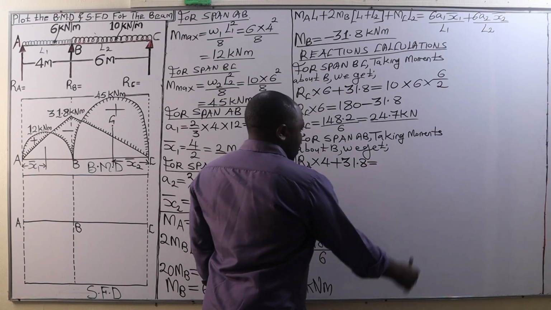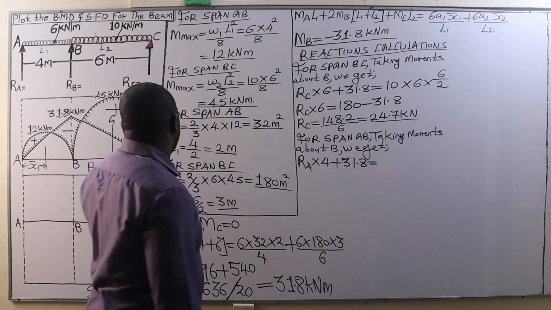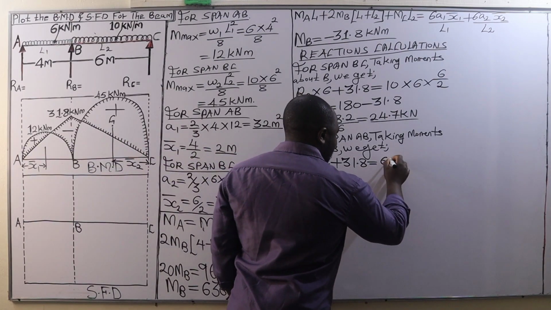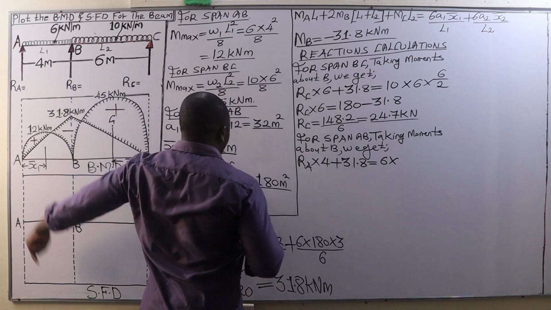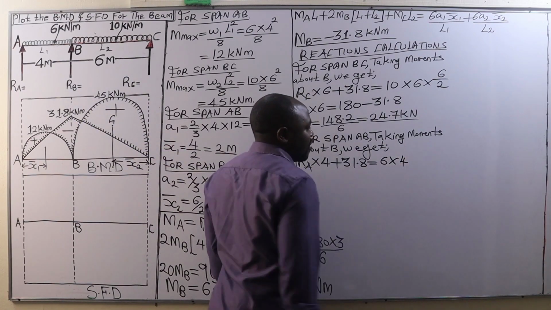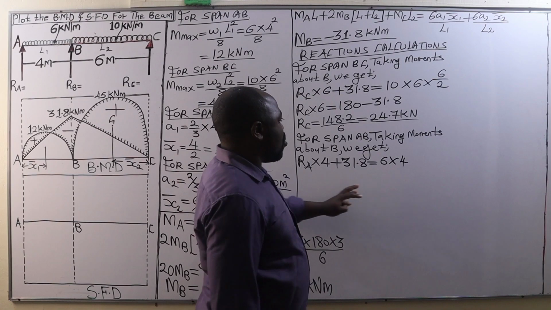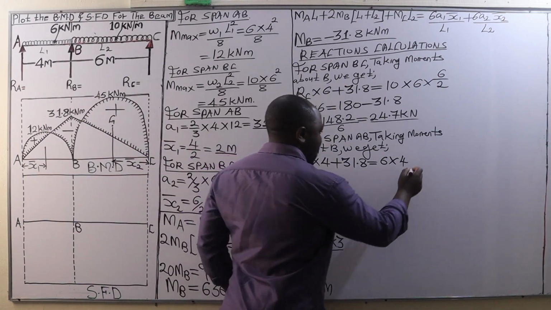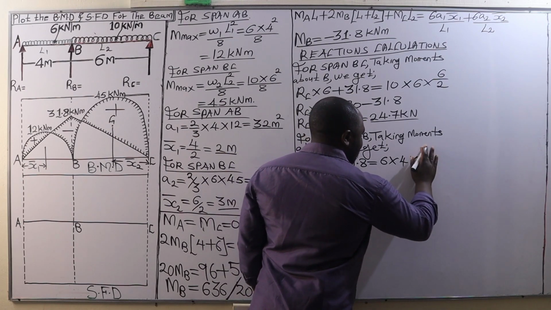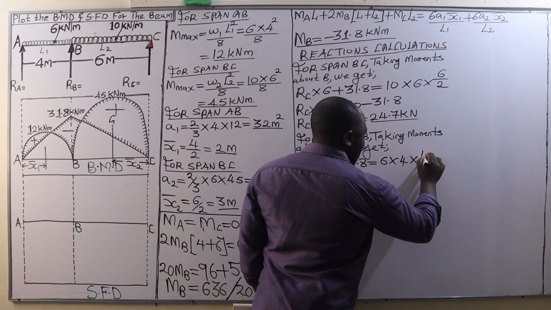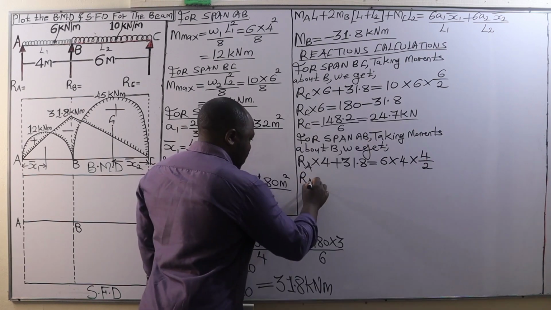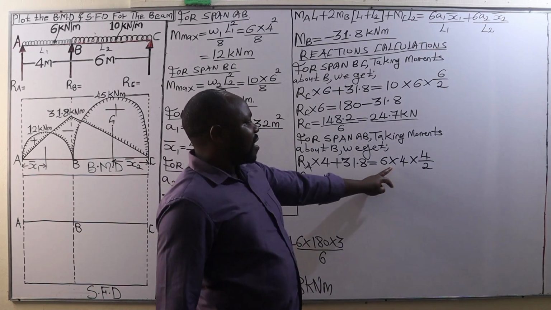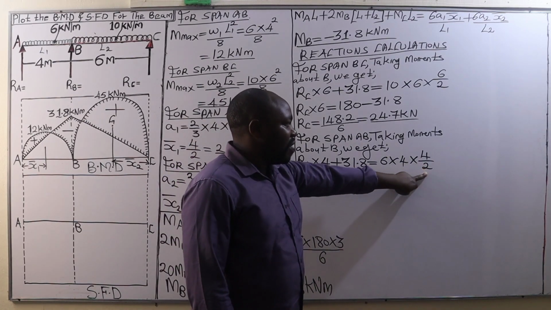31.8, which is equal to this anti-clockwise moment of 6 kilonewton per meter multiplied by the span over which it is distributed, which is 4 meters. So that is converting it to a point load. Then that point load will act at the mid-span of the span A to B, and that mid-span is half of the span AB. Therefore, RA times 4 is equal to 6 times 4 times 4 divided by 2,